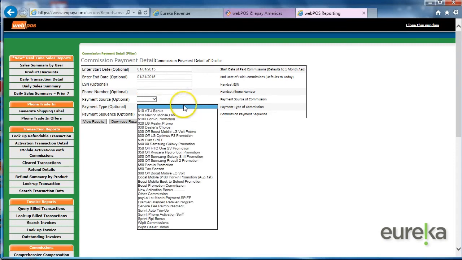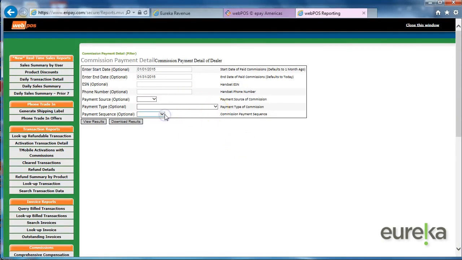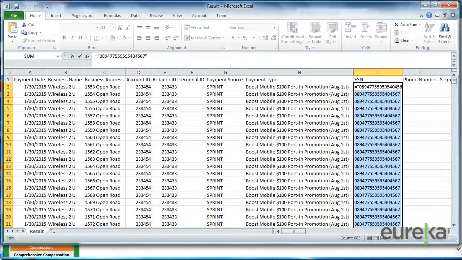Just to go over this information, if you wanted to break it down by the payment type, like the type of commission you earn, you could select that so that it only brings back that specific commission. If you want to look at all the commissions, then it's going to pull up all the commissions if you leave it blank. And if you're going into payment sequence for new activations, you can pull up all your first payments, your second payments, and your third payments. So there's many ways of running this report, but we're just going to go over the basics. I'm going to pull a report from the first to the last day of that month. So we're going to go to download results. So we downloaded the report,